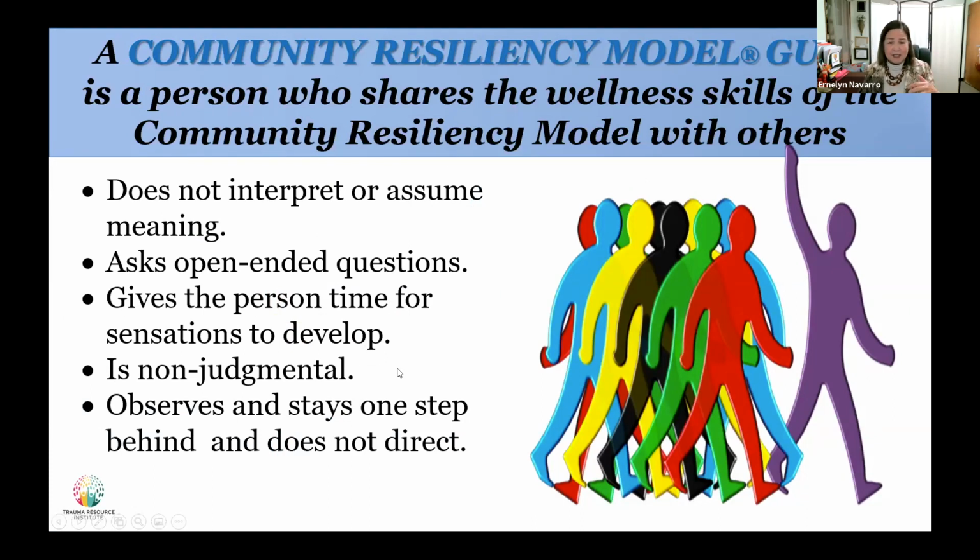So before I get into who I invited to be a CRIM guide, the concept of it, as Dr. Grabbe mentioned, is that CRIM has been used in other countries where they don't have a very strong mental health structure or system. So it's about finding paraprofessionals, leaders, or anyone who's interested in helping other people, and they're there to guide them. They're not therapists, but they know the skills so that they can help others understand it and be supportive. This is the definition of CRIM guides based on the Trauma Resource Institute.